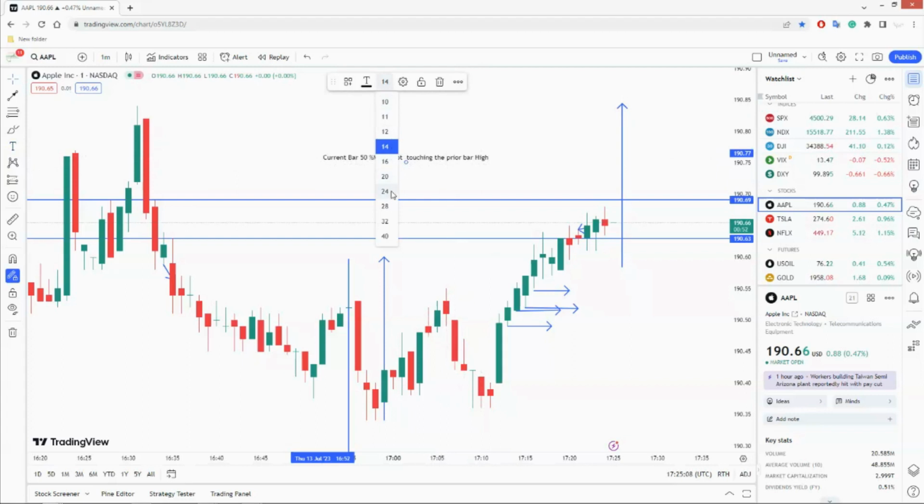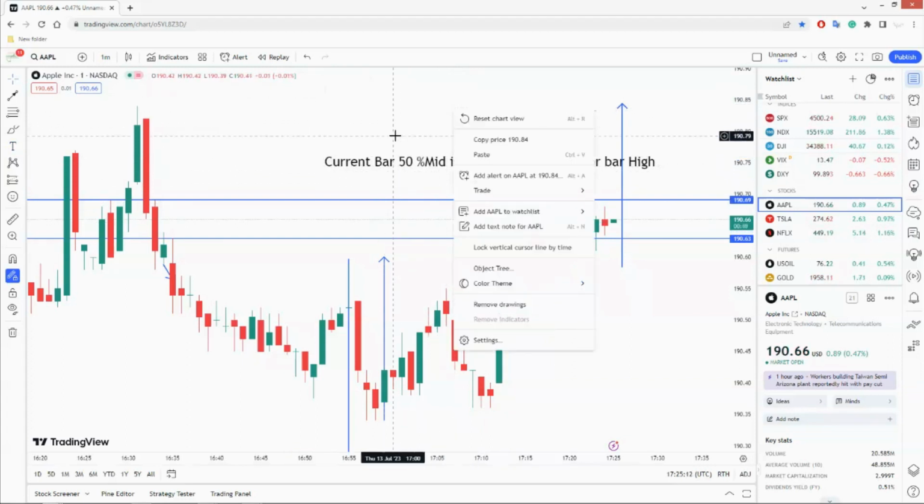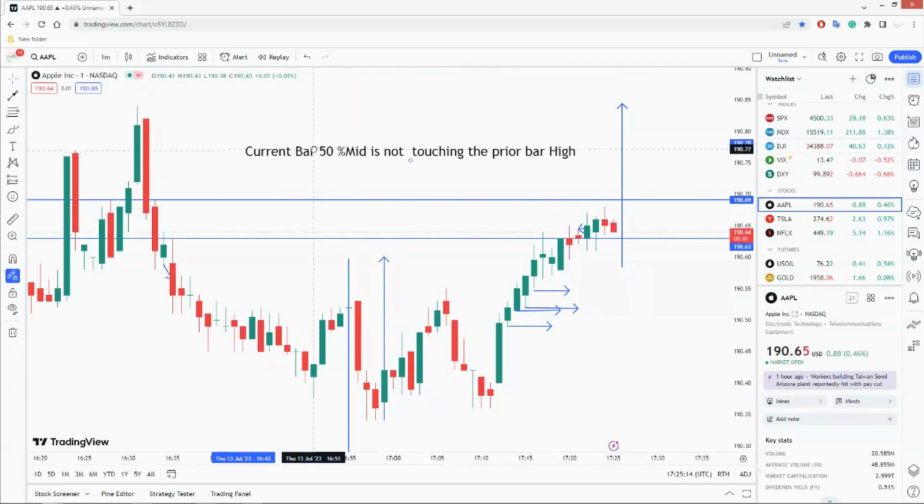Let's change how big that is so you can really see it here. All right, so yes, if we were doing it in the opposite sense, it would be the low. Okay, so current bar 50% mid, not touching the prior bar's high. All right, so that's really what we're looking for, and then you'll get the hard stop, of course, on the